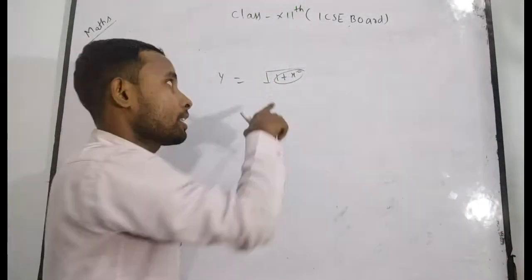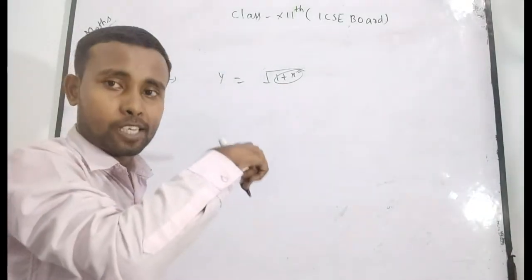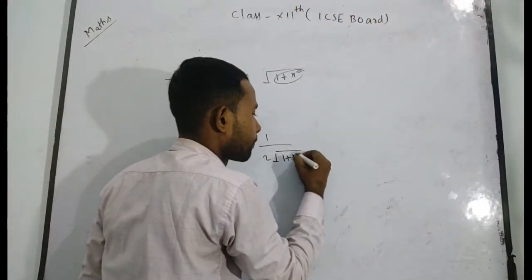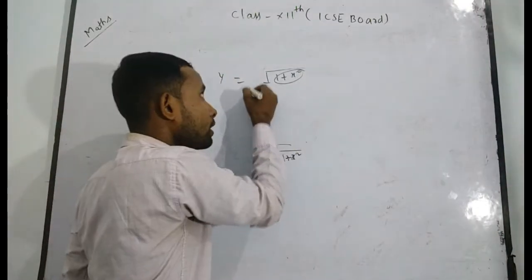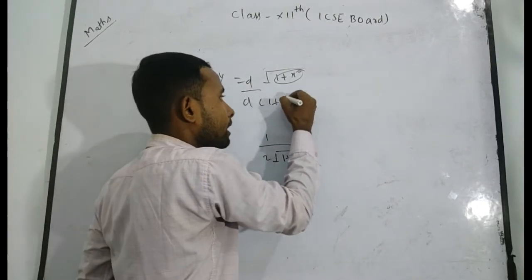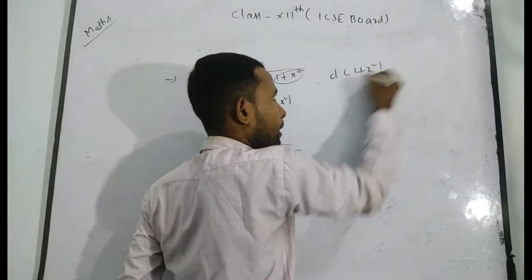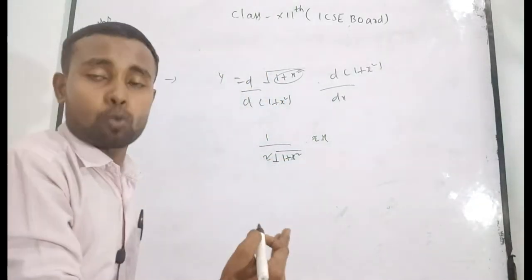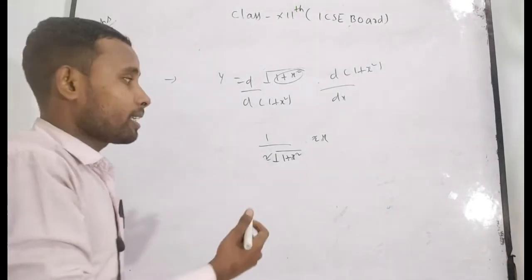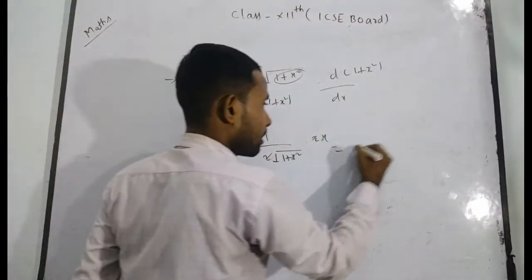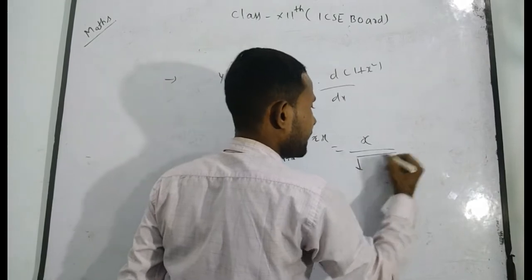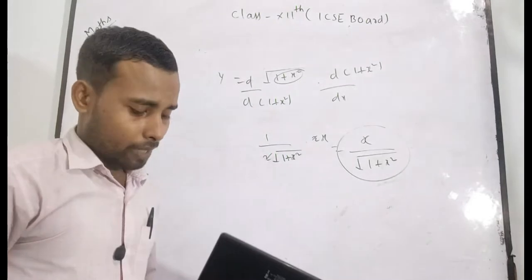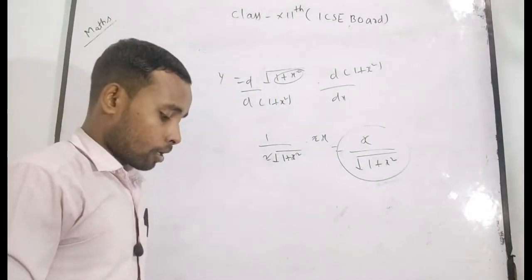When it is differentiated with respect to 1 plus x square, it will be 1 upon 2 root under 1 plus x square, into the derivative of 1 plus x square with respect to x. In that case it becomes 2x. You have to consider this quickly during solving, and to save your time you need to take this kind of steps in your mind. Have you understood? I think you understand very well all these problems.